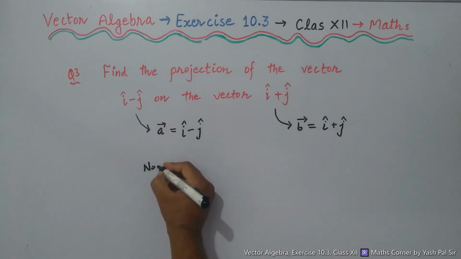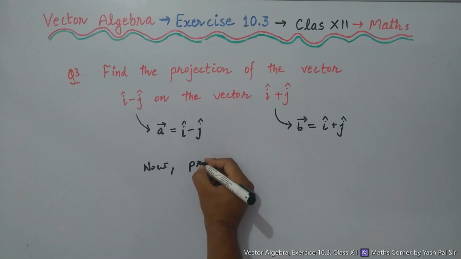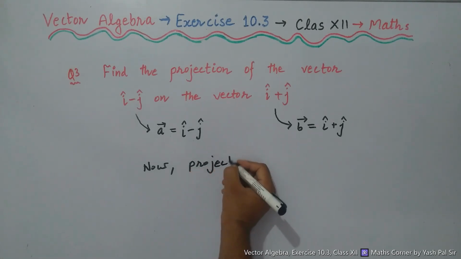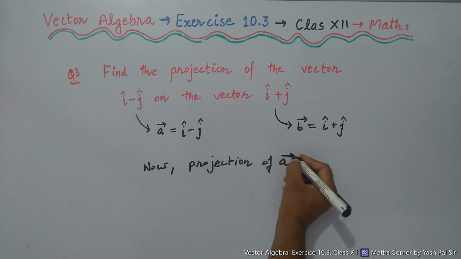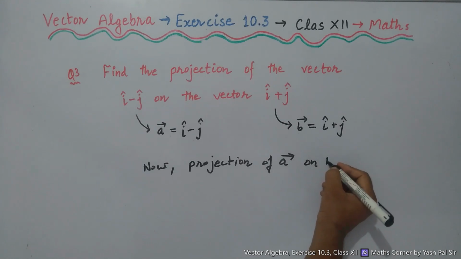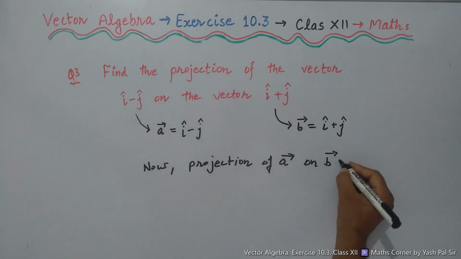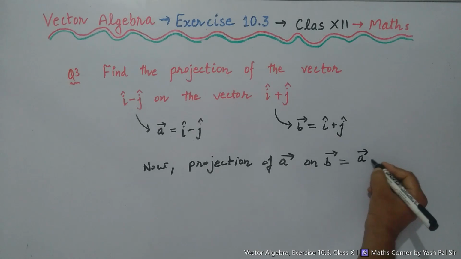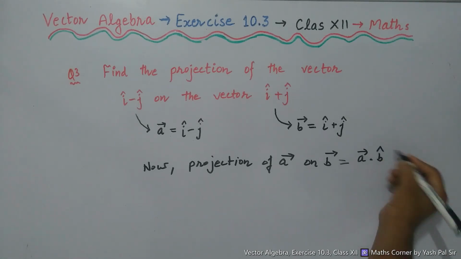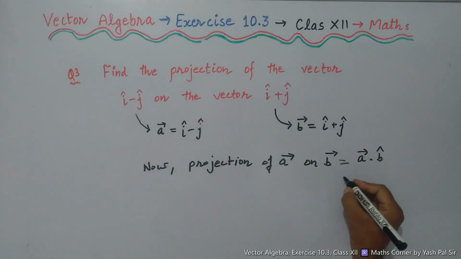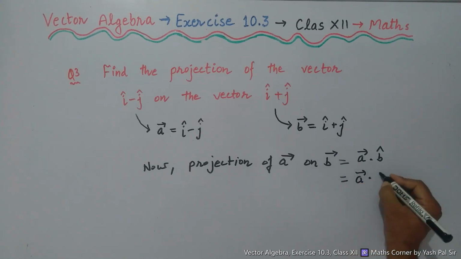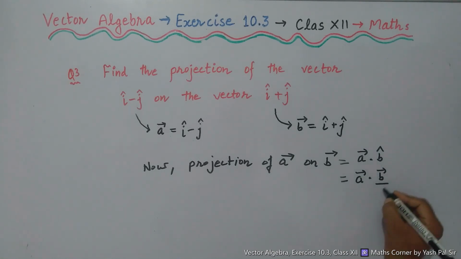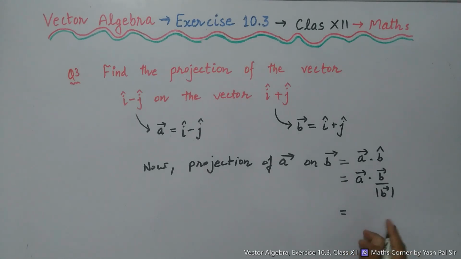Now the projection of vector A on vector B is equal to vector A dot unit vector B. So this can be written as vector A dot vector B divided by the magnitude of vector B, which is equal to,